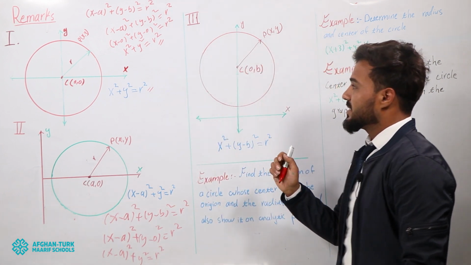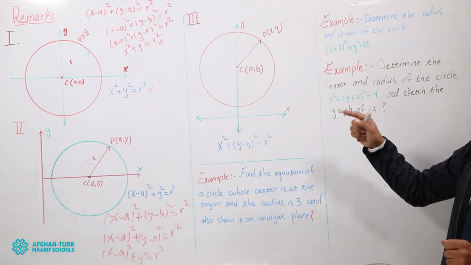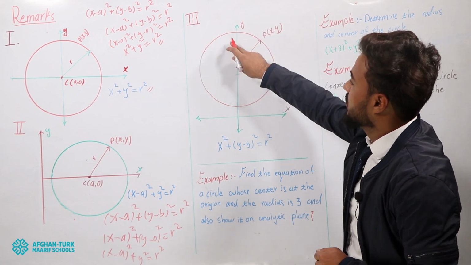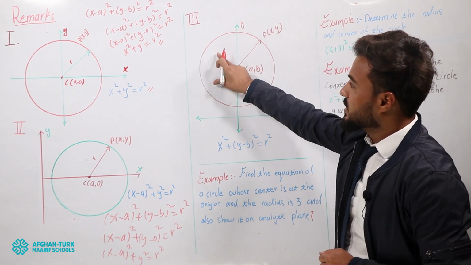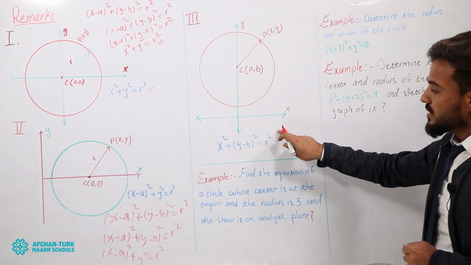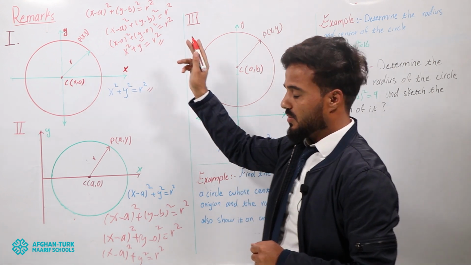In the third case, if our circle is located on the y-axis, it means the center of the circle is located on the y-axis. For this kind of circle we have an equation like this. We get this equation also from our standard equation like this: